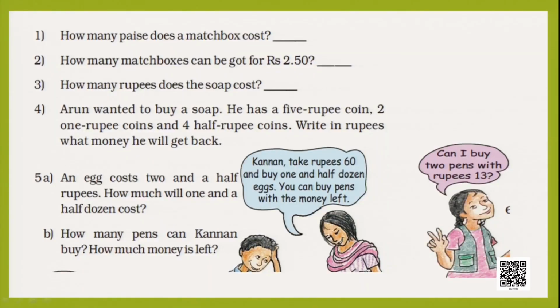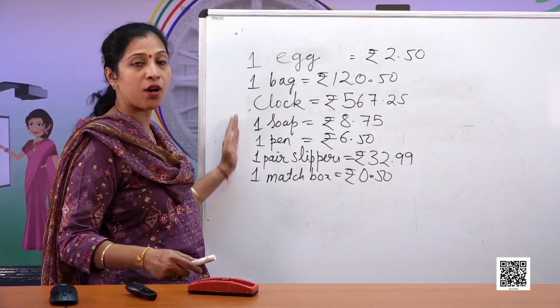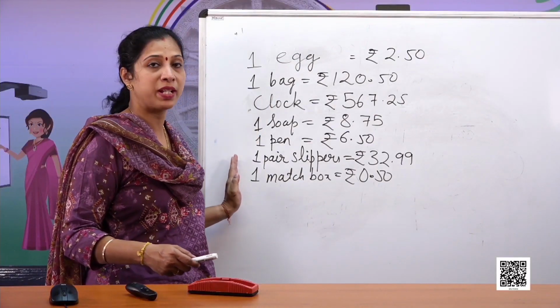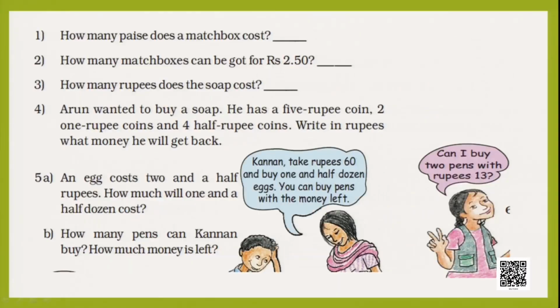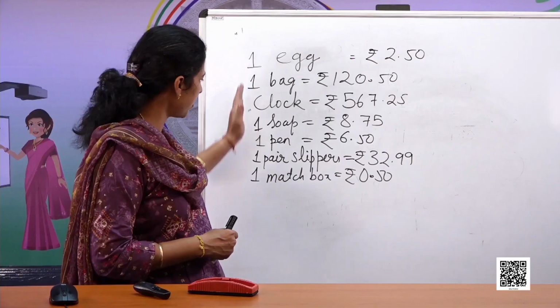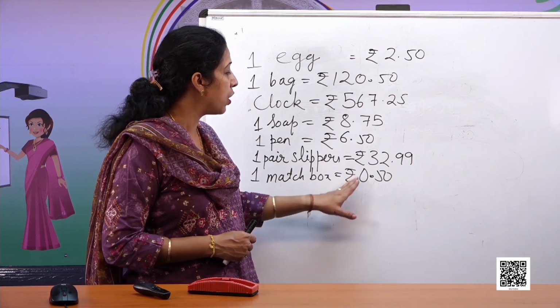For that, first we have to write down how many paise a matchbox costs. For that, we first have to write down the price of each thing. Let's write down the price of each thing, then we will do the question. Now I have written down the price of the things which are available in the market. So now we'll go to the question part. The question is, how many paise does a matchbox cost? For that, we have to see the price of the matchbox. Now the price of the matchbox is given as rupees